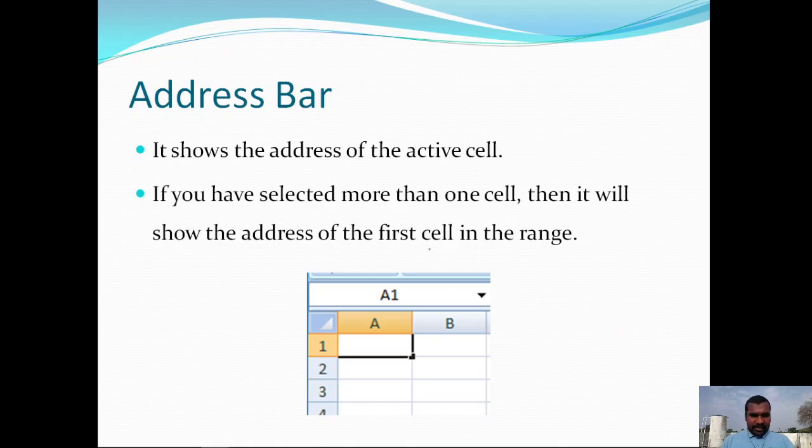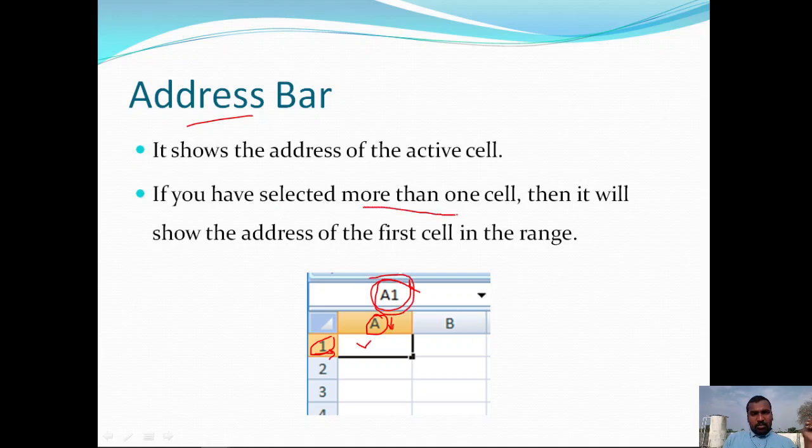Address bar. Let us discuss this address bar. Here the address bar tells which cell is in active mode among the available grid of cells. The active cell is highlighted with the border, right? A rectangular box is there, and that active cell's corresponding column and row numbers are highlighted. So here A is highlighted and 1 is highlighted, and this one is the active cell. Now the address is A1.